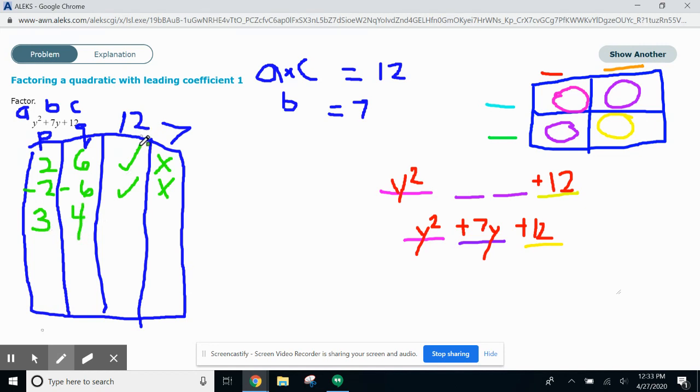3 and 4 make 12. 3 times 4 is 12, and 3 plus 4 is 7. I can keep going with my list if I wanted to, with negatives and other numbers, but I don't want to. I want to stop here, okay? Because this is my answer, 3 times 4. So now I know over here that I'm going to have